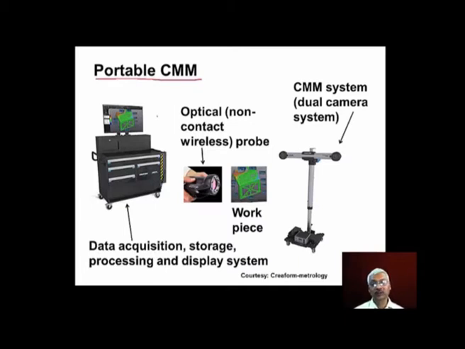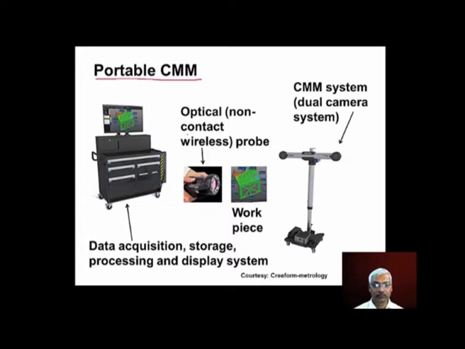The workpieces to be inspected are moved to the table of CMM, and then inspection is carried out. Sometimes the workpiece cannot be moved to the table of CMM, that means we have a very huge workpiece, a very huge casting which cannot be placed onto the table of CMM. In that case, the CMM itself is moved to the part, then it is called portable CMM.